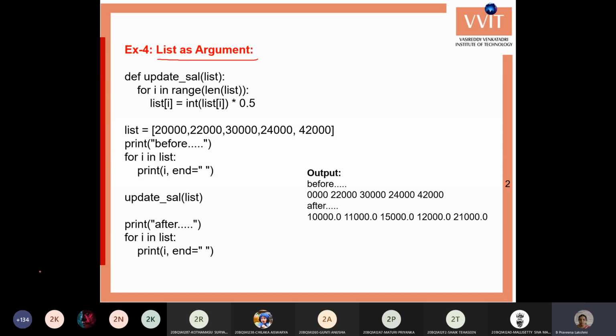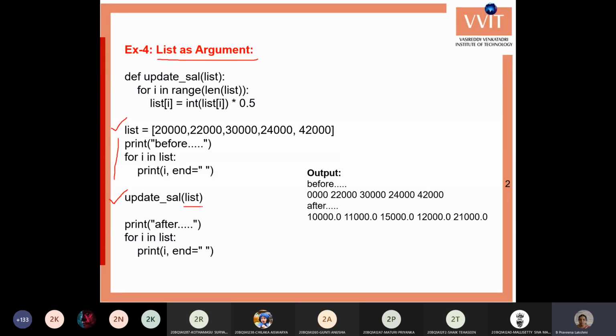For example, here we are first creating a list with some specific values. This is the code to print the list before passing it to the function, and then this is the function call, update sal of list. Within this function we are updating the list values.